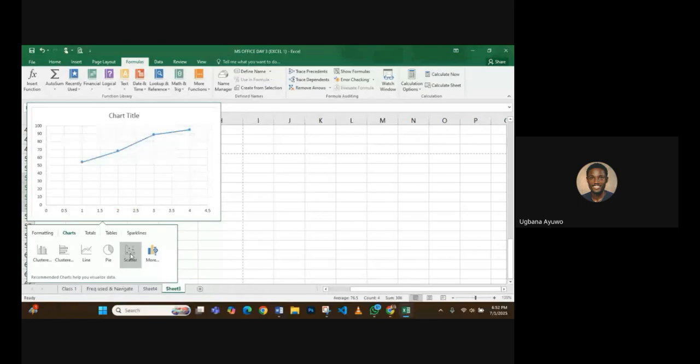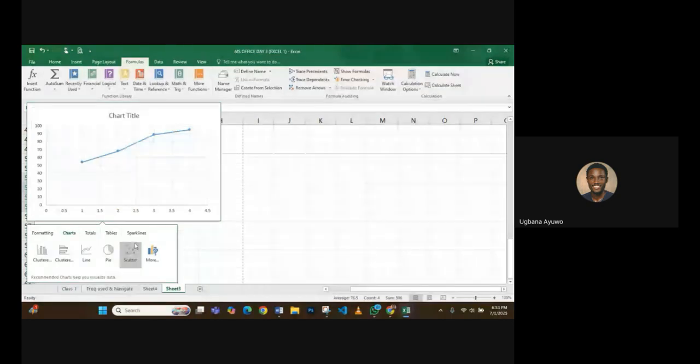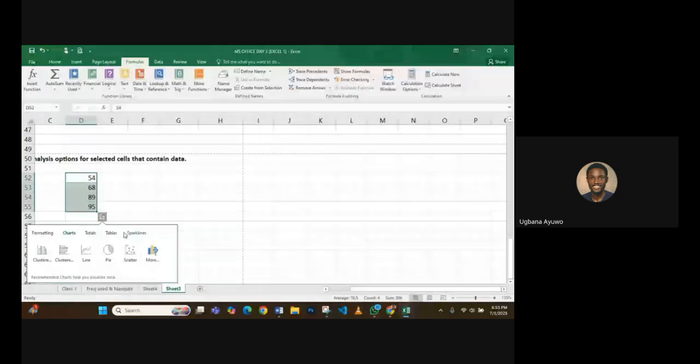This is mostly used when you want to find a link, maybe you want to form a pattern. You use this scatter chart, and it's going to show you dots. And then, if you look at the line, it's just almost like a linear path. It just goes and then stops where it stops. Whereas scatter would actually give you the points and show you exactly where they are touching. All right. You can click on more for more options, but these are the ones that are under